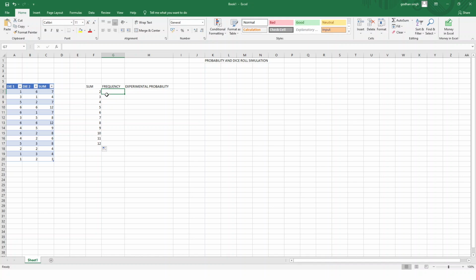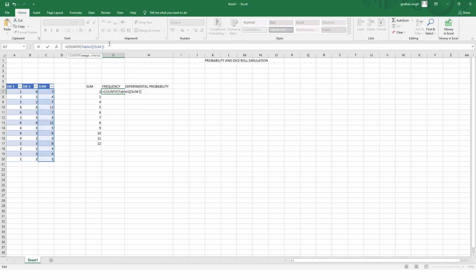So what we'll do is we'll use the count function, that is, for example, we want to find how many times 2 is coming, so criteria is there, so we'll have to use the criteria also. So we'll use COUNTIF function. So just click here and write equal to COUNTIF, not count only, COUNTIF function. You can see here range and criteria. So what is the range? Range is we'll take all the numbers in the column sum, so this we have taken.